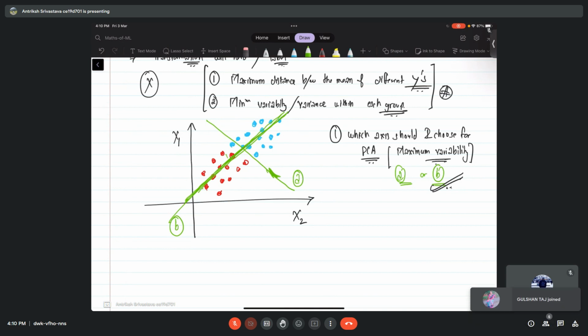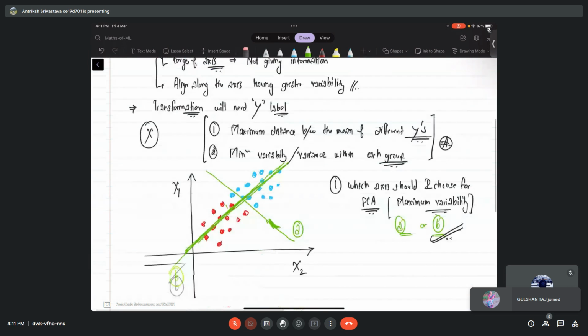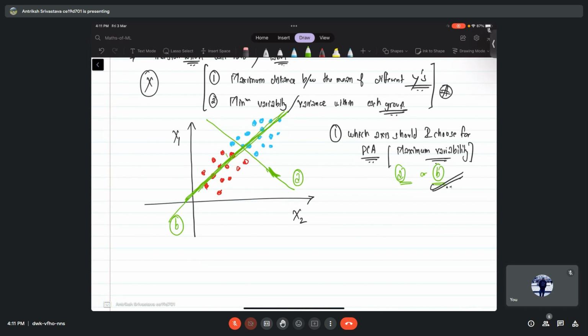Now, when we talk about our LDA, linear discriminant analysis, now we want to classify these two groups of data into,